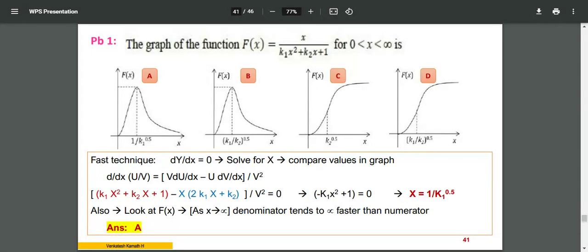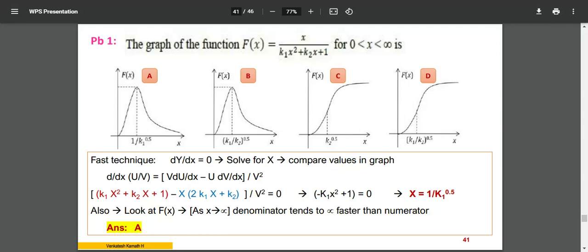So let me not worry about the denominator v square, because I'm going to equate dy by dx to 0. So only the numerator is 0. Denominator multiplied by 0 is 0, right? If you look at that equation there, v square is the denominator. Anyways, I'm going to multiply it with the 0. Do not waste your time in squaring that denominator. Simply keep it as v square. Don't touch it. We are not bothered about that. We require only the numerator.